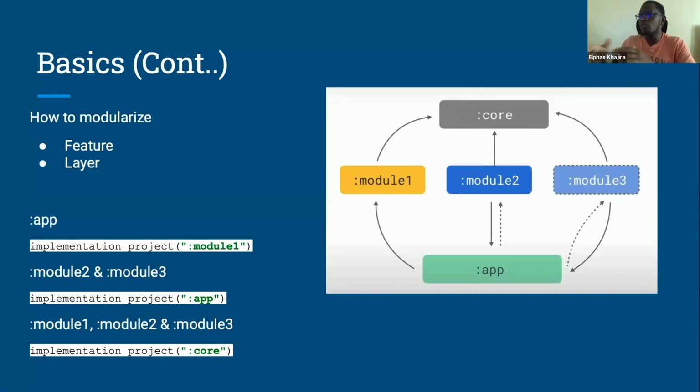There are two main ways you can look at modularization. And then if you go into the details, it's up to you to decide how you'd like to do it. One is feature-based, the other one is layer-based. Feature-based is where you're basically modularizing a feature in your app. And layer-based, you're looking at your architecture. You have your services,